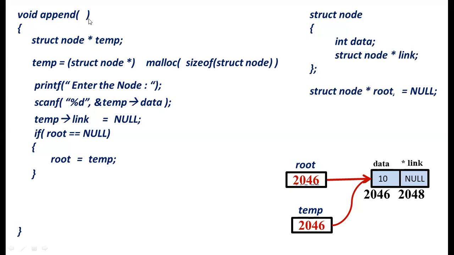So it is a local variable of the append function. It is being declared locally inside the append function. So whenever the append function execution ends, automatically the temp will also get deleted. Local variables will be deleted along with the frame destruction. Now here, can anyone say what is the frame destruction?